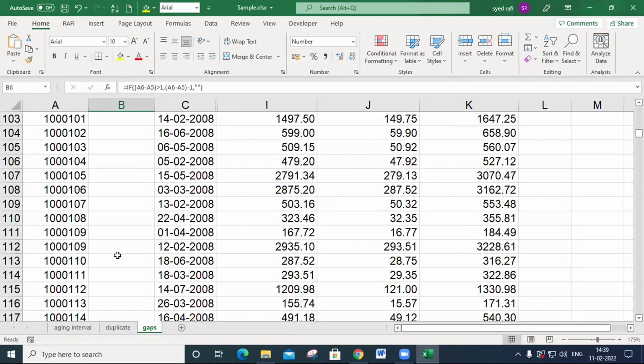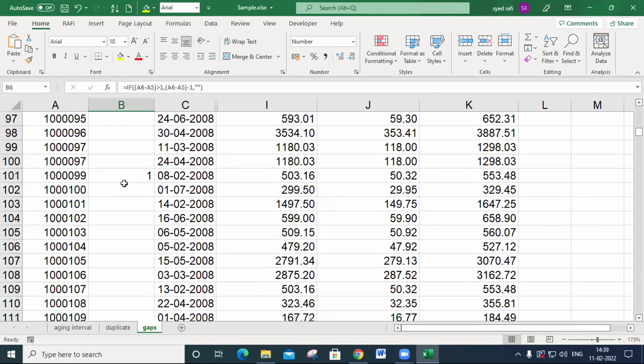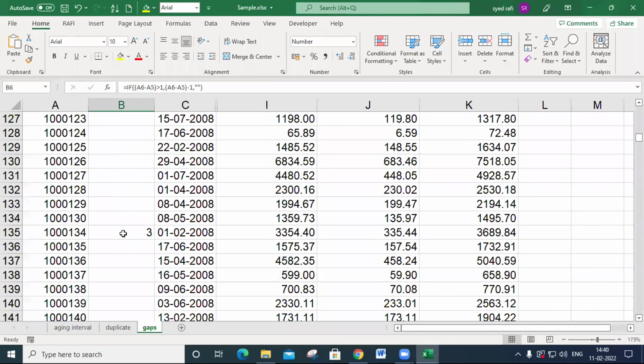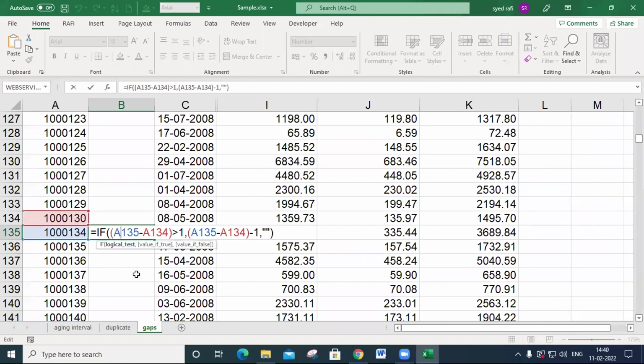But here there is a problem: 1 invoice is missing, so it will be displayed like this. And here 3 invoices are missing, and it will show like this. I hope you understand how we design this. So it is simple if we use it like this.